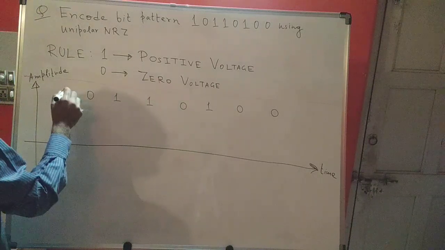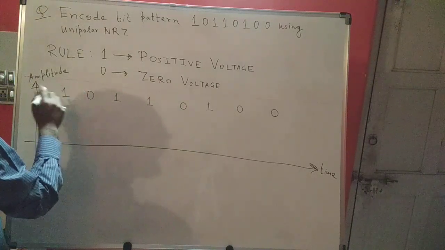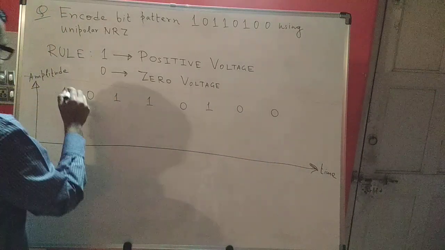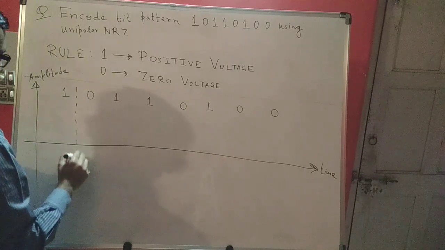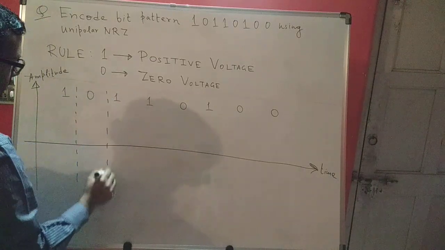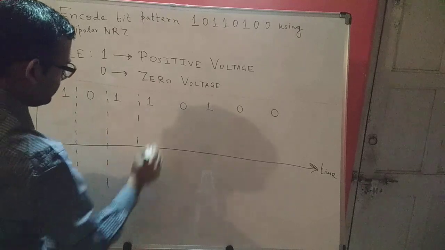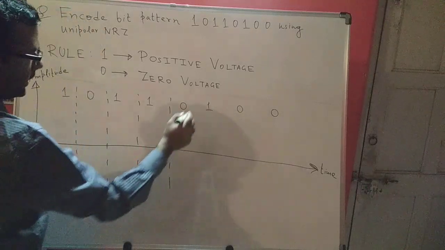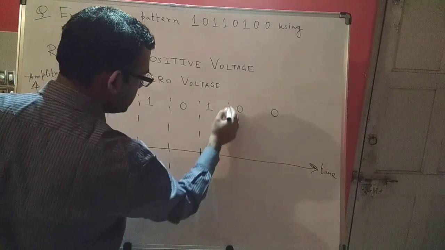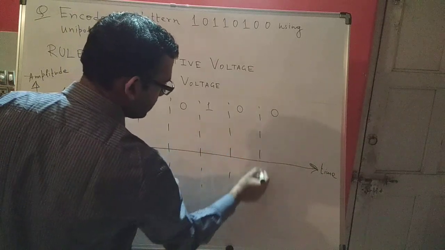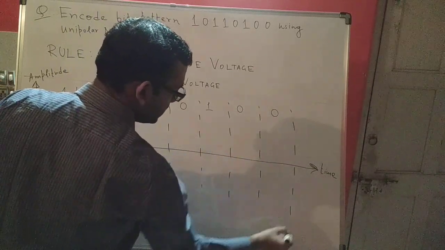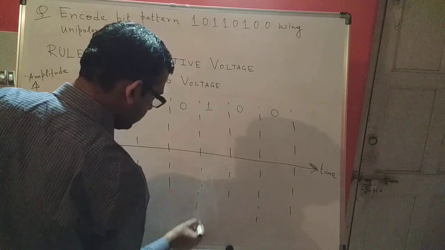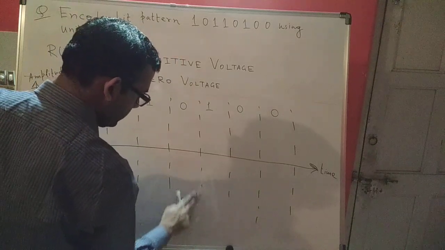Now what we do is we demarcate these bits, we separate them. Okay, so you just box out every bit. You box every bit so that drawing the signal for each bit becomes simpler. So you box out each bit. Okay, now after boxing out these bits,